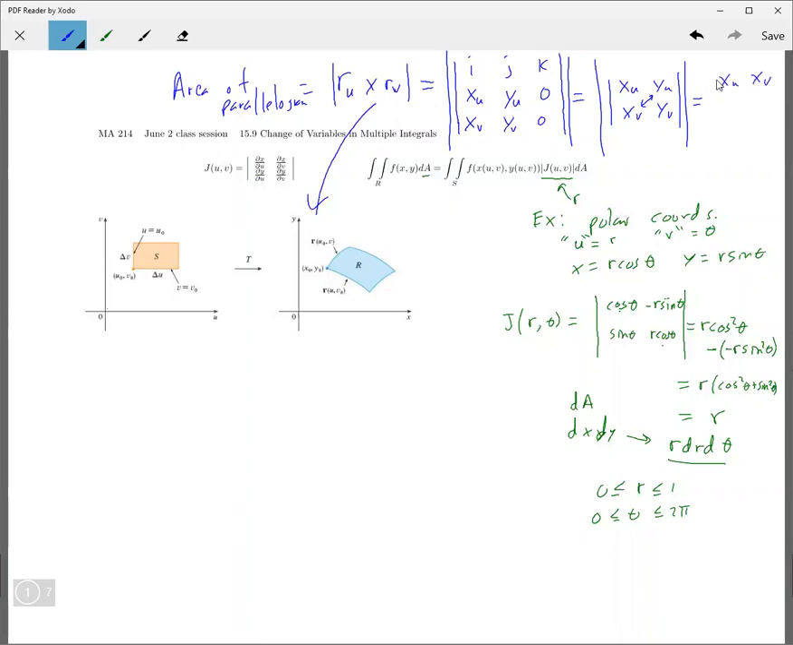If you swap those two, oh, wait, this should be yu, yv. If you swap those two, it's still going to be the same. So that's what the Jacobian is, just this determinant part right here. Okay, and so that represents that. Now,